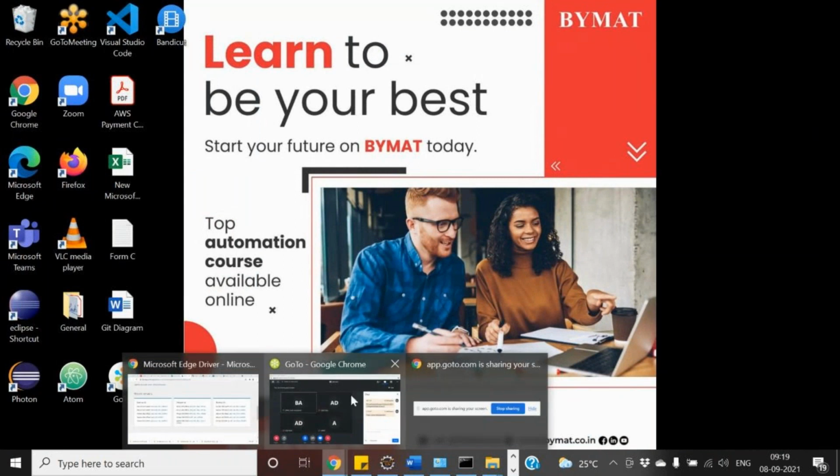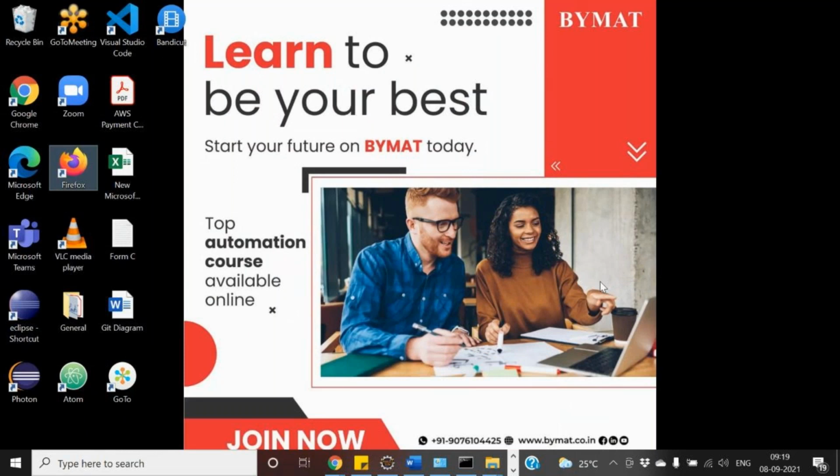All right, no worries. Go through this recording and try to replicate the same thing. Download all these softwares on your machine and configure them so that you are ready for the next session. In the next session we'll have some programming, and you might get an assignment, so be ready with that. Practice it, go through this recording, download all these things, and configure them in your system. That's all from my end.